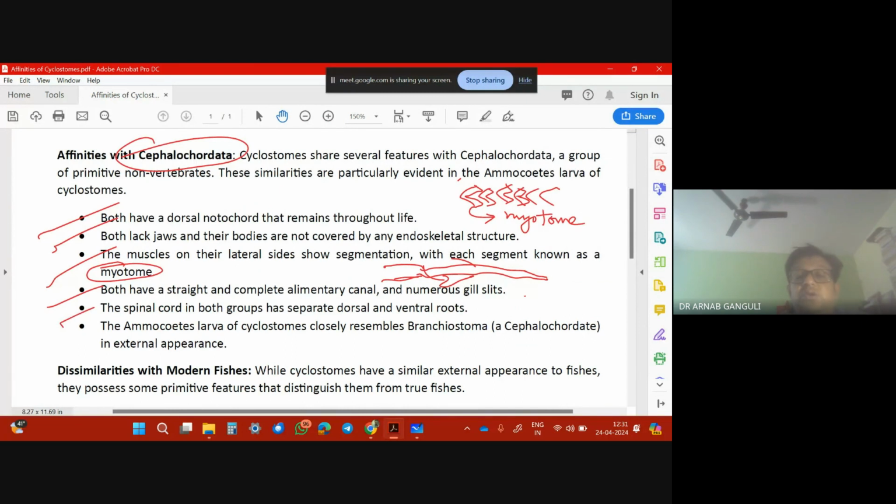Spinal cord in both groups have the separate dorsal and ventral roots. So in Amphioxus, no spinal cord is present. But